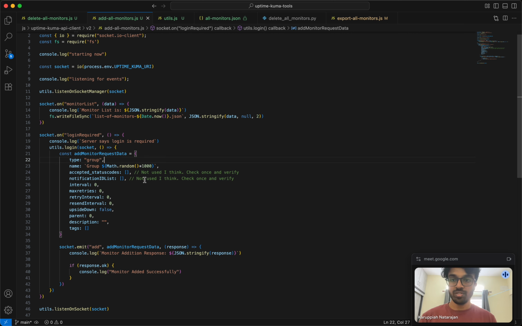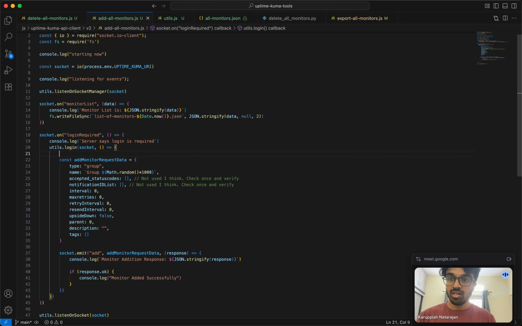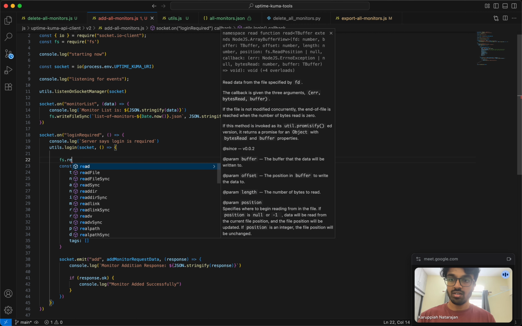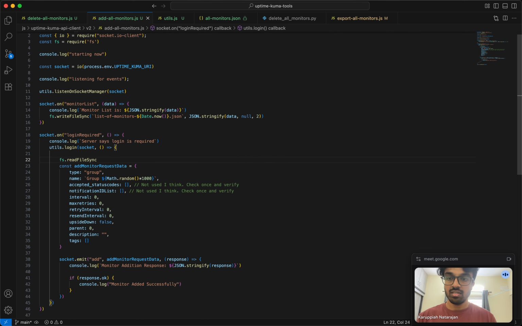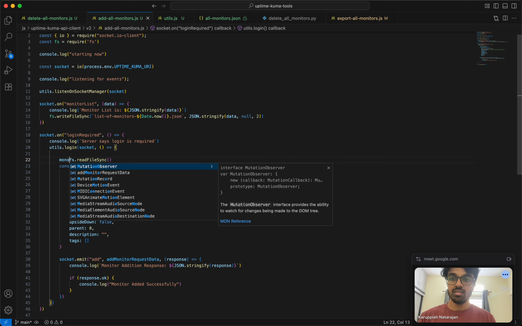And I'll just add groups if the type is group, right? So I need to read through these monitors, right? So I'm just gonna go ahead and do this. I'll say fs.readFileSync, right? And I'll just say monitors